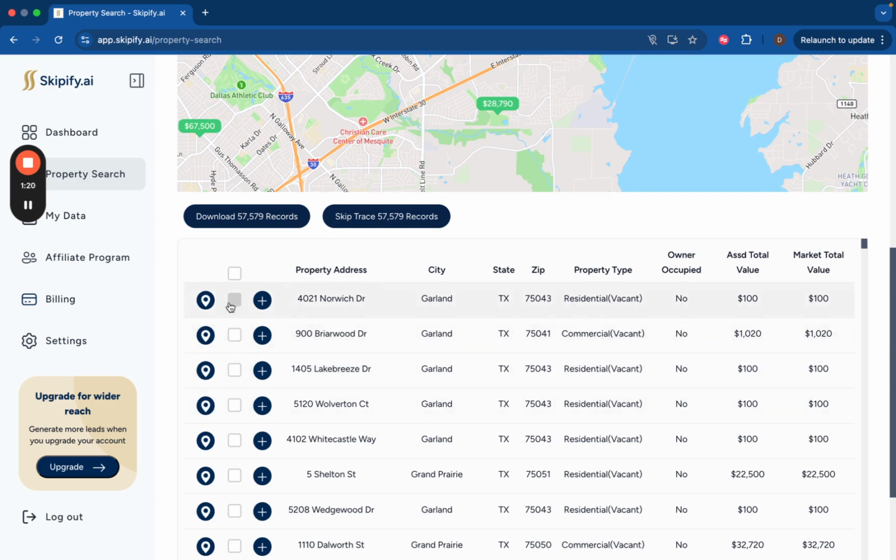All you're going to want to do if you want to skip trace these properties is select however many you would like, or you could bulk select up here and then click to skip trace those records, and you'll get the skip trace information via CSV file, which you could go ahead and download via your My Data tab once the file is ready. And that's pretty much it on how you would go ahead and skip trace vacant land